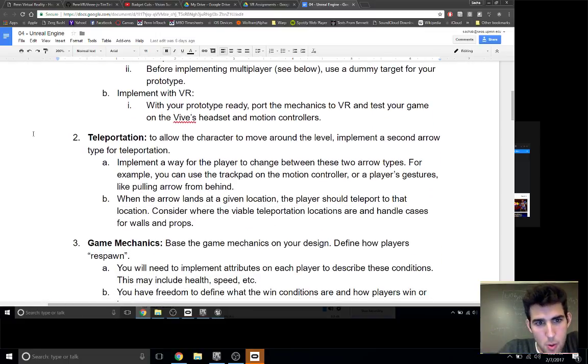The next thing is teleporting. We talked about that today. Trung gave a fantastic demo on basically everything you need to know about how to do that. The trick here is that your player is going to be shooting arrows instead of a gun, right? So the player should be able to toggle something that says I'm shooting a damage arrow, which will hurt other people, versus an arrow that will teleport me somewhere. So same thing in Portal. You have guns that do different things, whatever.